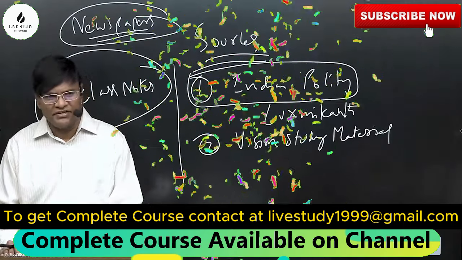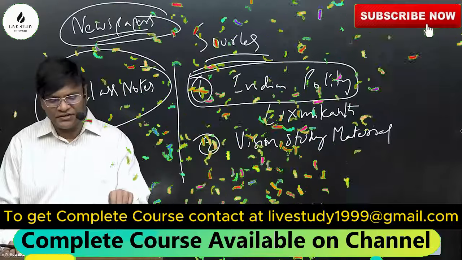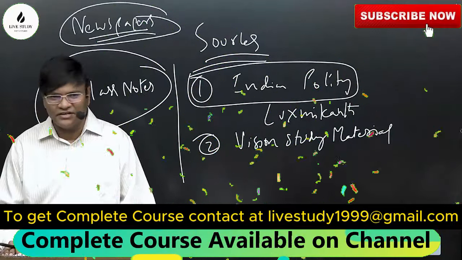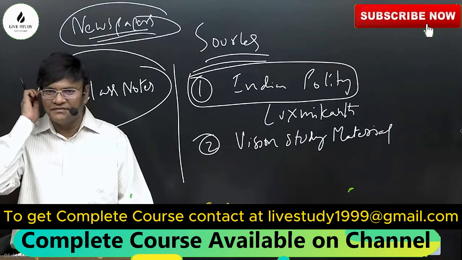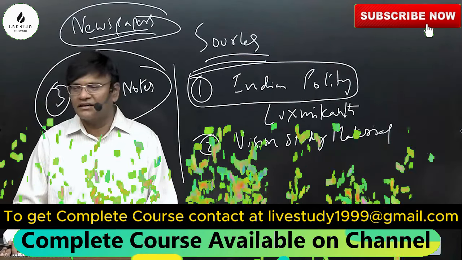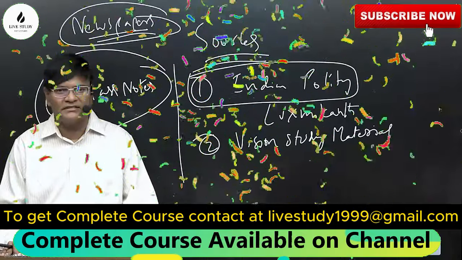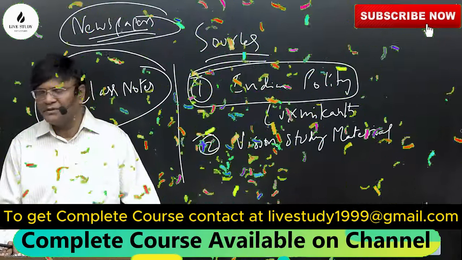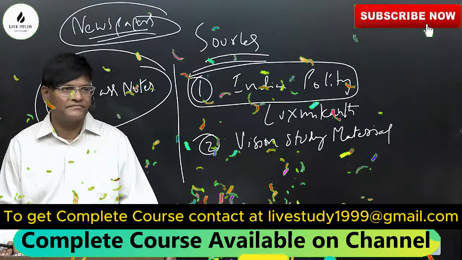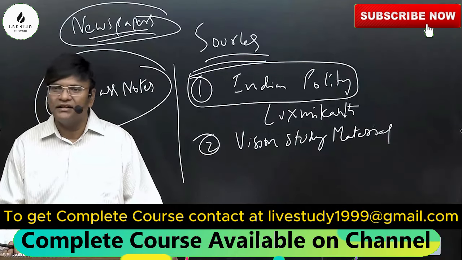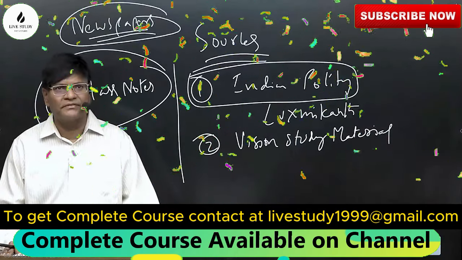This examination, please remember, starts and ends with newspaper reading. Sometimes some things may not be to your liking, but it is true. It starts and ends with newspaper reading, because it is maximum about current events. Entire polity is all about current events. So it is better you are reading a minimum of 2 newspapers.